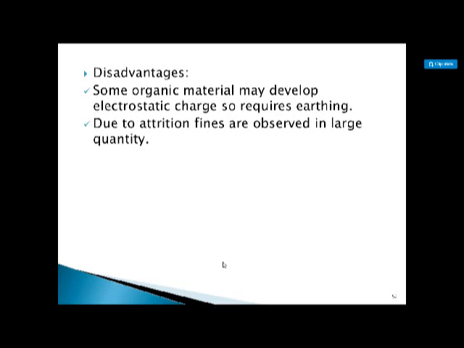जो बहुत ज़्यादा एक दूसरे के ऊपर bombard होंगे ना, वो हवा में उड़ेंगे तो एक दूसरे के साथ वो bombard होंगे, और बाउल के साथ भी वो bombard होंगे, जिसकी वजह से वो जो बड़े पार्टिकल्स हैं वो break होंगे and fines, छोटे पार्टिकल्स में convert होंगे. So attrition होगा उसमें, और fines ज़्यादा मिलेंगे तुमको इसमें. So you have to maintain the pressure of the air also properly, so that there will not be much more fines, right? So this is about a fluidized bed dryer, which is very very important from the examination point of view. Always there is a question on this fluidized bed dryer.